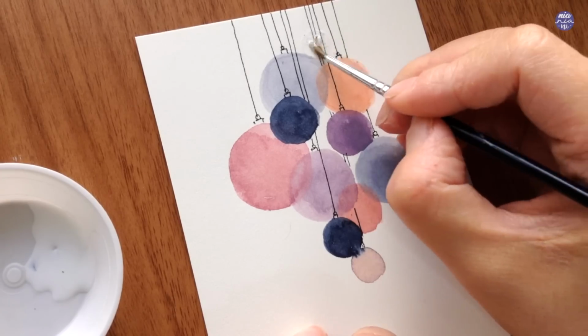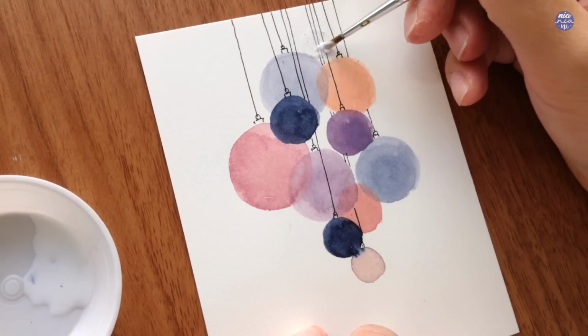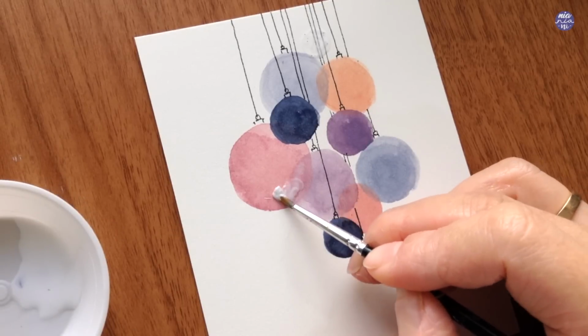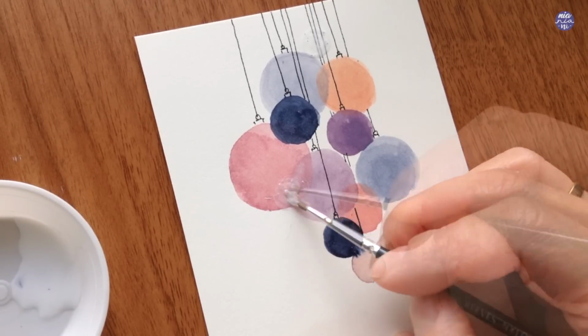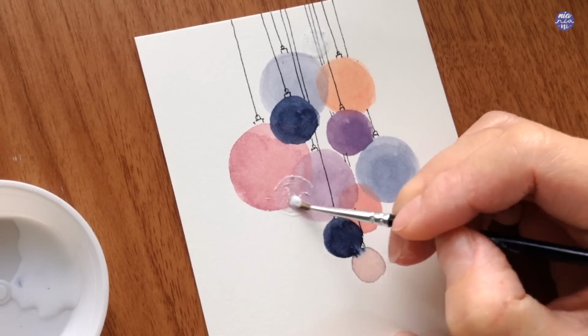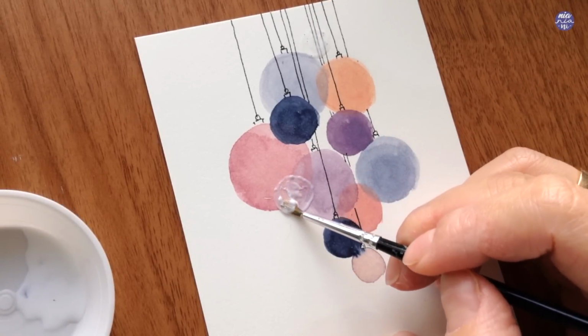Next, I'm going to paint on the glue for the glitter. I'm just painting on more circles as bubbles, and as you can see, for the first one I painted on top of the lines because I felt like there were too many lines there at the same place and it just looked too overcrowded, so I'm just going to cover it up with glitter. It's up to you how many glitter bubbles you want to add on, but I feel like 3 is enough